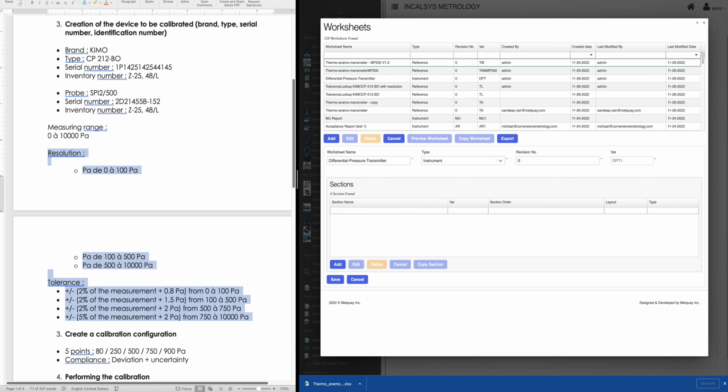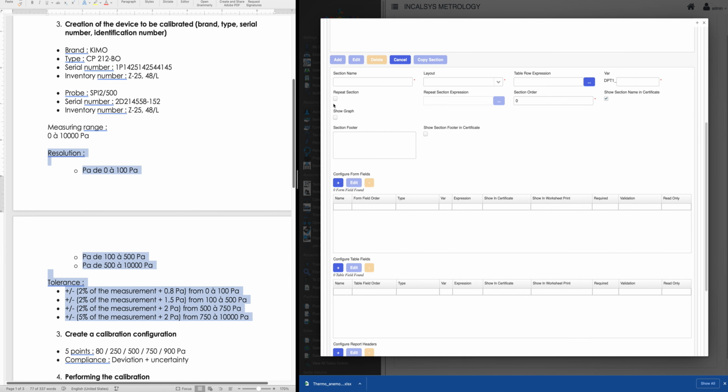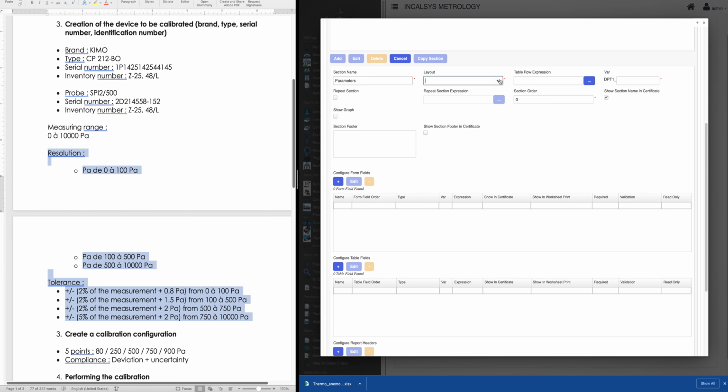So I can show you the tolerance lookup while I'm doing the calibration template, right? So let's go ahead and create the number of cal points field first. First let's add the section. Since it's a prerequisite, I'm going to call it parameters, right? And the format is again form. I don't want to show this section in the certificate because these are my prerequisites. So I'm just going to uncheck this